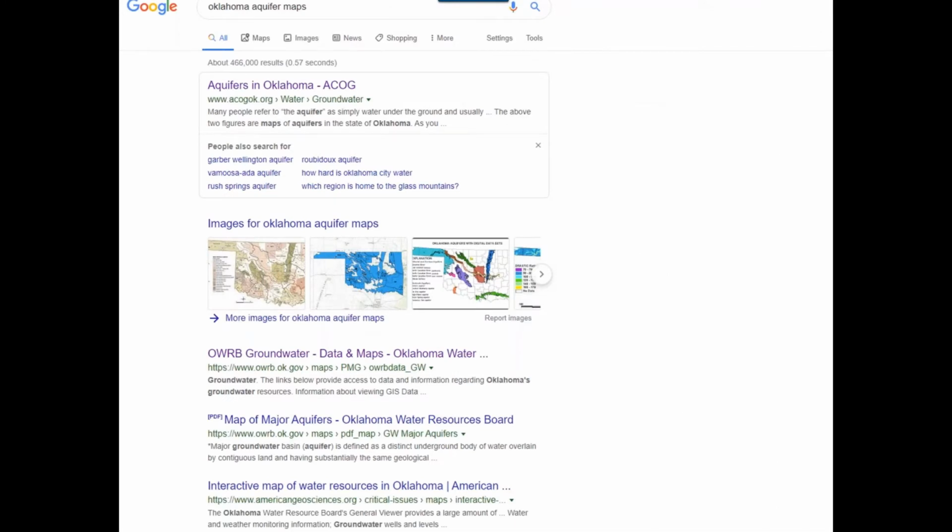So the other things you should be aware of are what kind of aquifer you have where you live, and if there are any naturally occurring water quality issues in that aquifer, like arsenic. There can be other things in the water, and I'll show some examples later. But I just looked at Oklahoma aquifer maps to see what I found. And boy, I found a lot of information. I just picked states at random originally when I did this. And there's a lot of great information that they put together there.